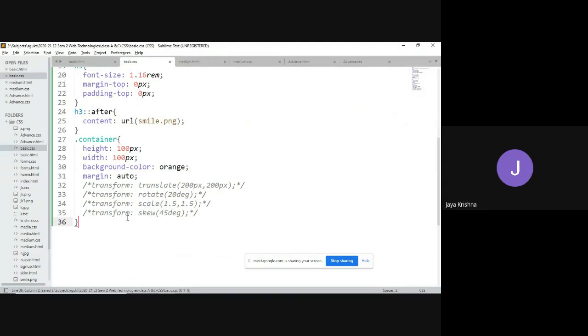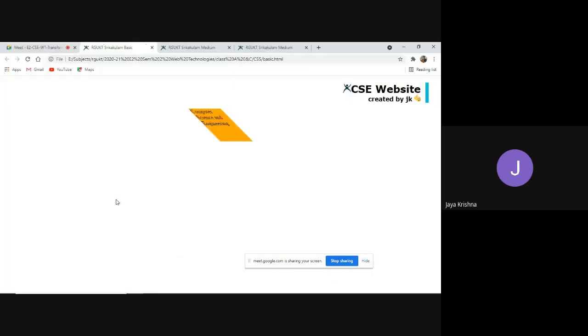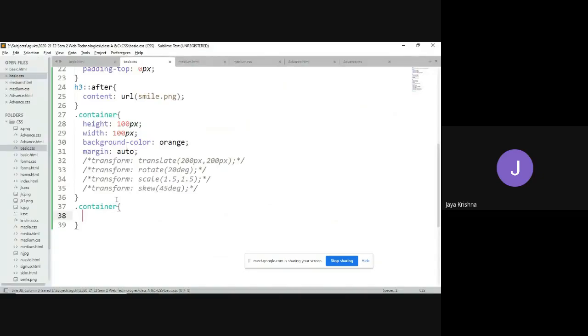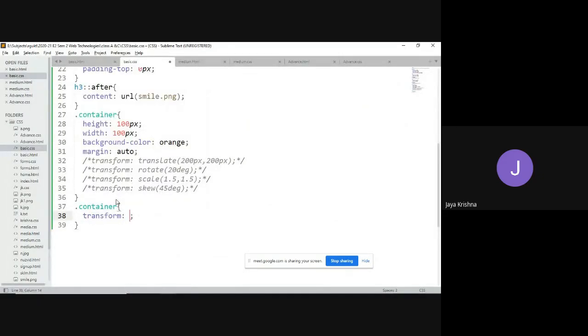If you want a shorthand property, you can go for the shorthand called the matrix method. What I will do is, whenever I place the cursor over this one, I would like to change its styles. So this is the normal thing. When the cursor is placed over it, I would like to perform various kinds of transformations.